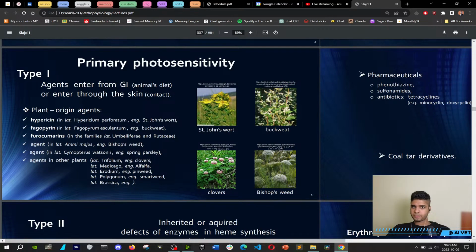Okay, so these are the plants that are causing the types of photosensitivity. In this case, type 1, primary: St. John's wort,